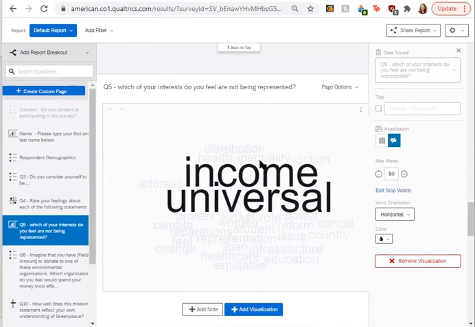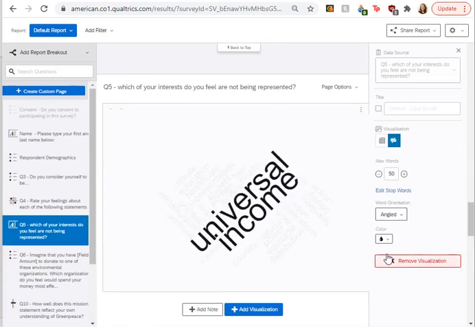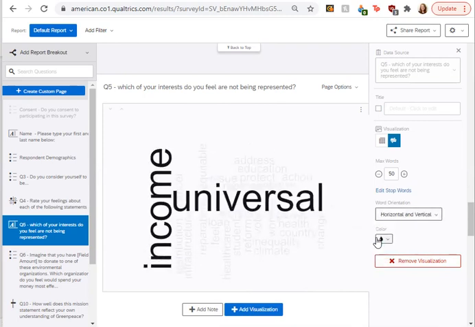But that's okay. It's just an example. You can also change the orientation. So right now it's at horizontal, but if you want it to be angled or diagonal, it can switch there. Or you can switch it to horizontal and vertical there. So there's just different options for that.